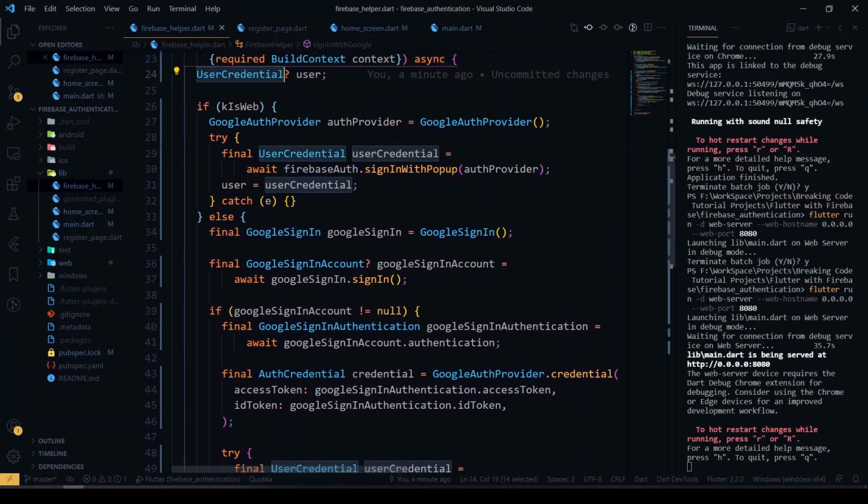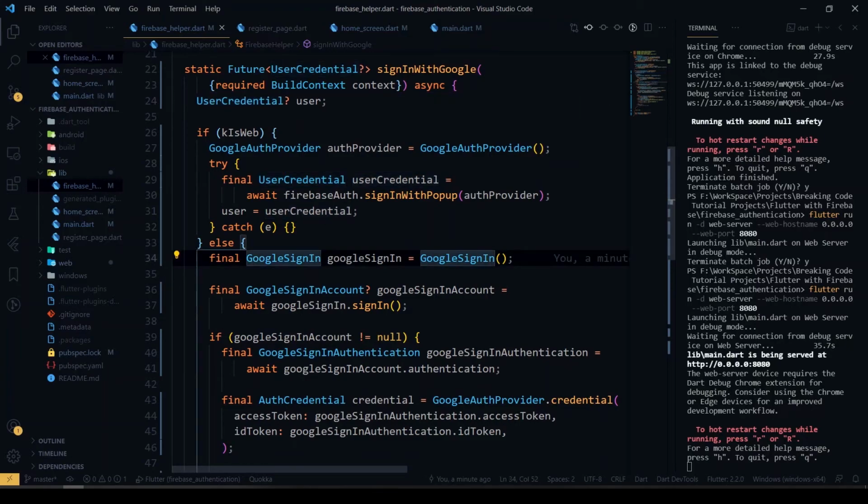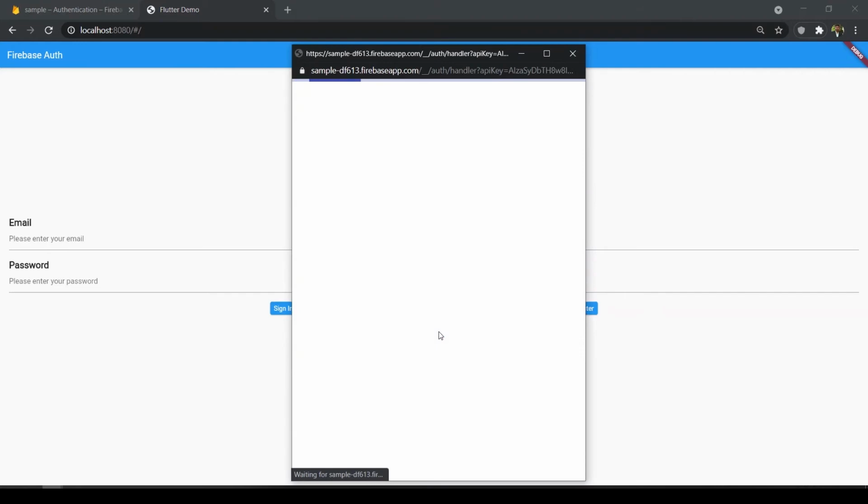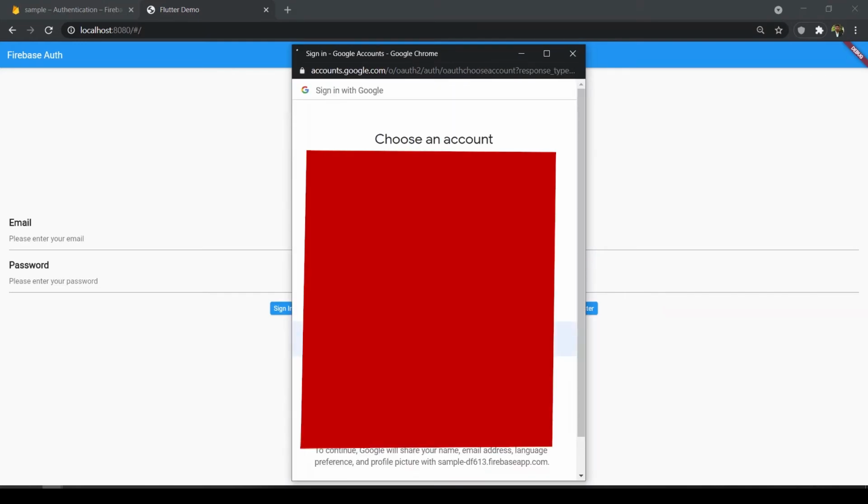So we'll check it in our Flutter web now. Here I have run our project as a web server. It's on localhost with port 8080. If I open the web, as you can see, it's the same code running on web. If we click the sign in with Google button, a pop-up will appear.